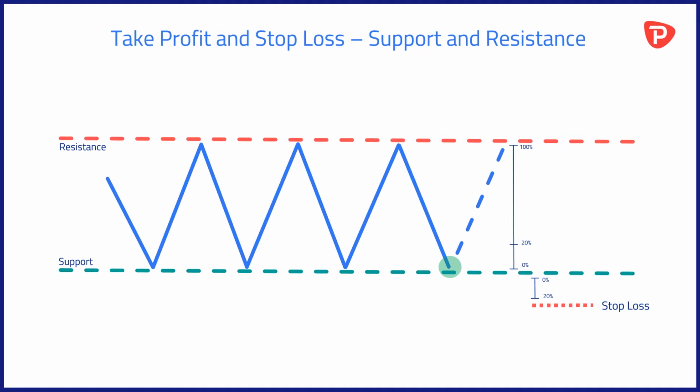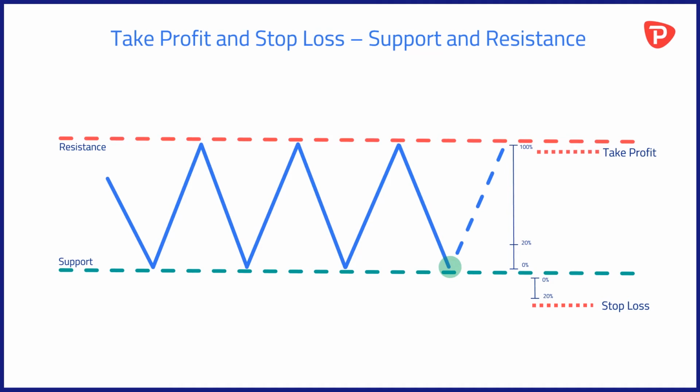This is the opposite of how you would deal with a stop loss, as when you are trying to identify a good take profit level, you are looking for the easiest path. The less obstacles there are between your entry point and the take profit level, the better chance that your trade will be a success. As you can see in the example on the screen, the take profit would be placed just below the first